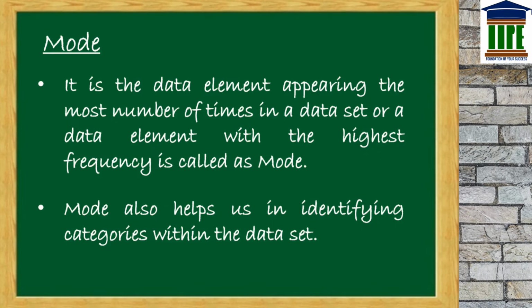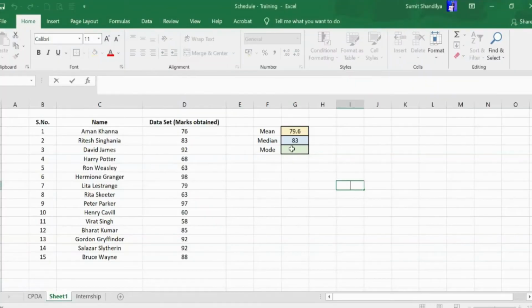Let us move on to the mode. Mode is the data element appearing the most number of times in a data set, or a data element with the highest frequency. It is called the mode. Mode also helps us in identifying categories within the data set. Let us try to calculate the mode in MS Excel. I'll just enter the formula is equal to mode and select the data set,